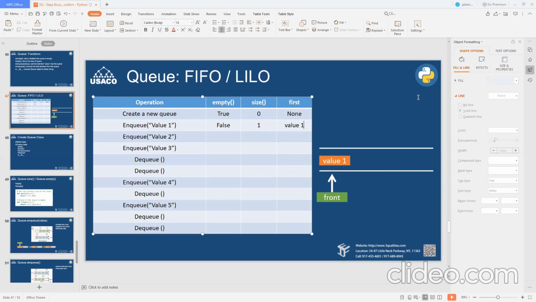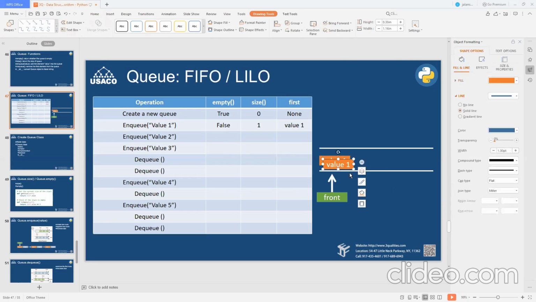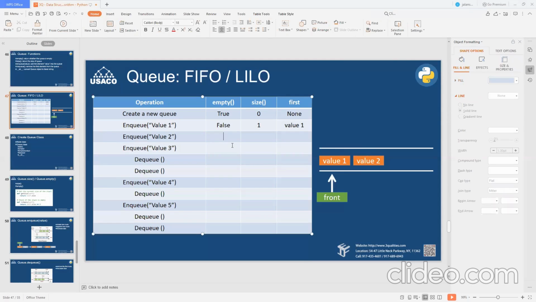Okay. I push value 2. Tell me. False. 2.